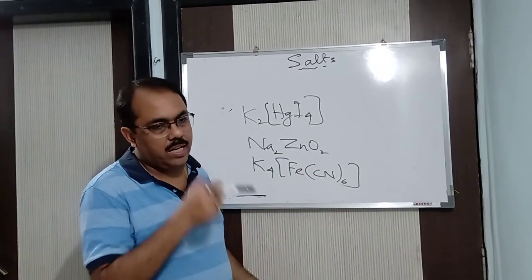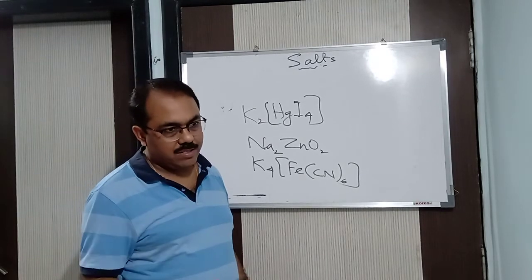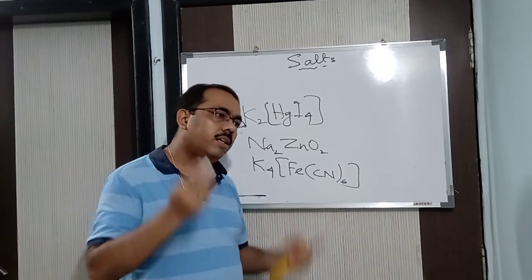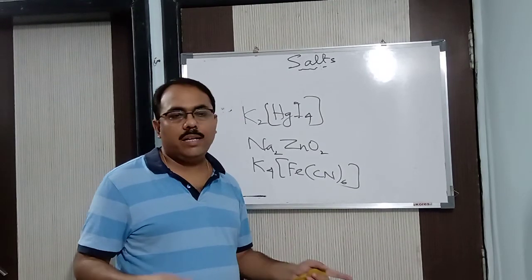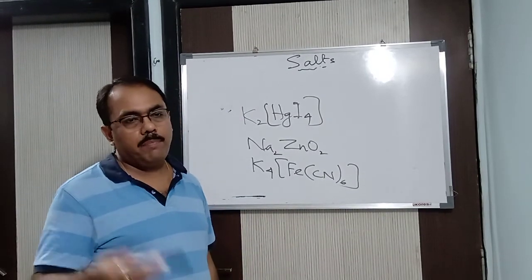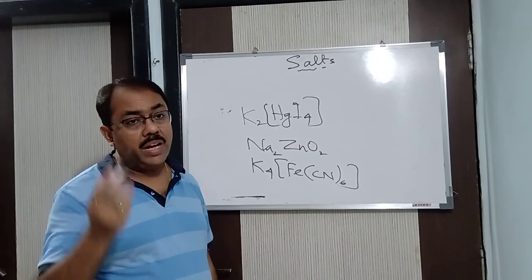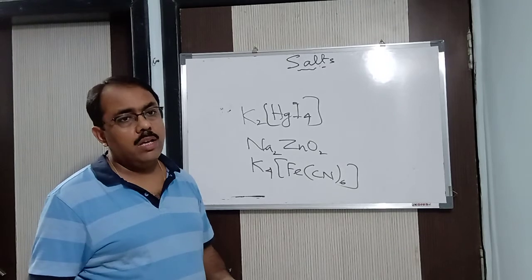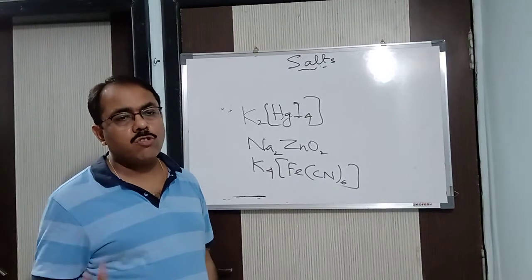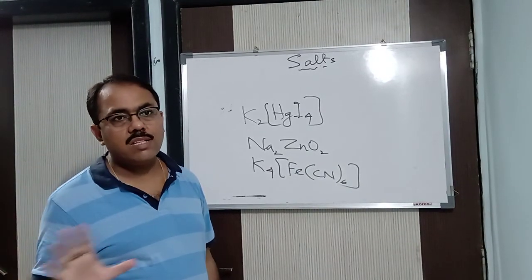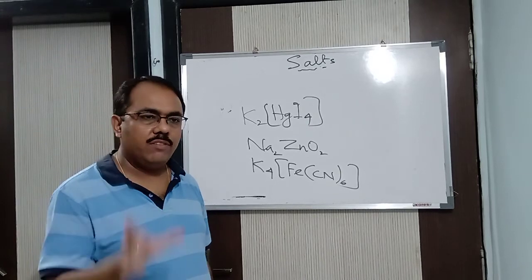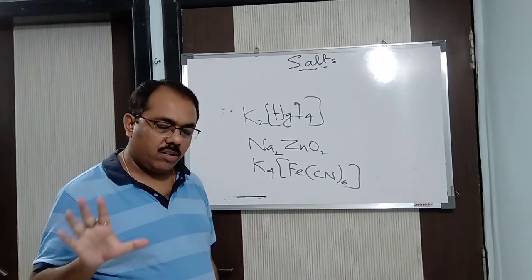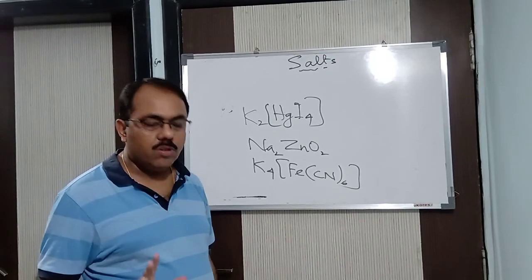Hence we studied normal salt, acid salt, basic salt, double salt, mixed salt and complex salt. Next I will be sending you the PDF. In the PDF you will see the solubility of the salts. I am giving you a chart in the beginning. The solubility of salts is very important: all sodium, potassium and ammonium salts are soluble, and the chart shows which are soluble and which are not. Please go through that chart. It's very important. Thank you very much.